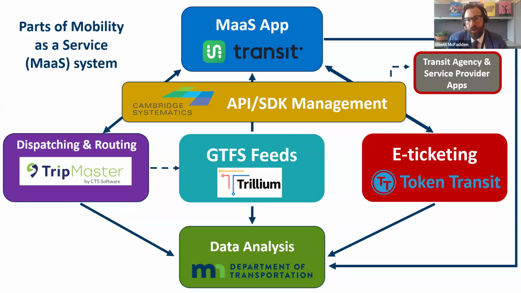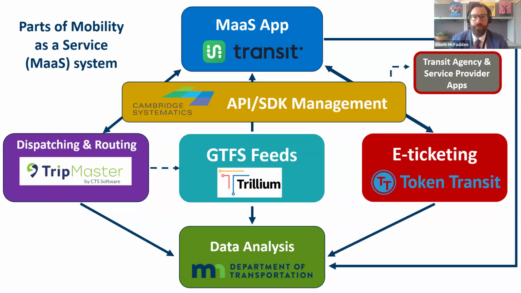Transit app is our primary consumer app. We also have a web-based trip planner that I'll talk about here in a second. And then Trillium, which is now also called Optibus, developed our GTFS feeds for us. So those data feeds describe the transit services. Token Transit providing e-ticketing. And then we worked with an existing provider, TripMaster, to do integration with the scheduling of